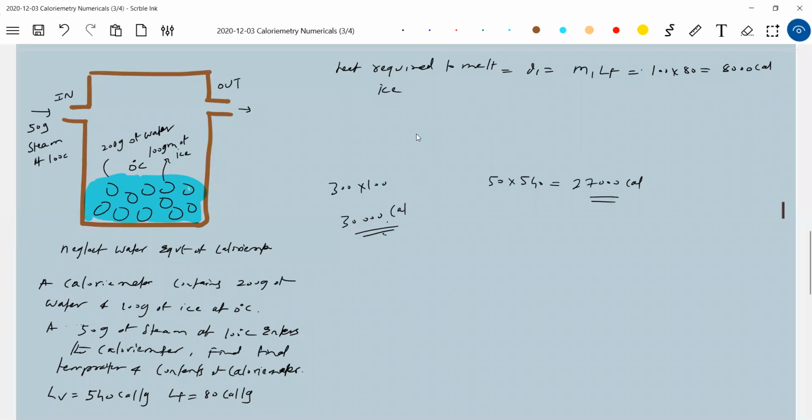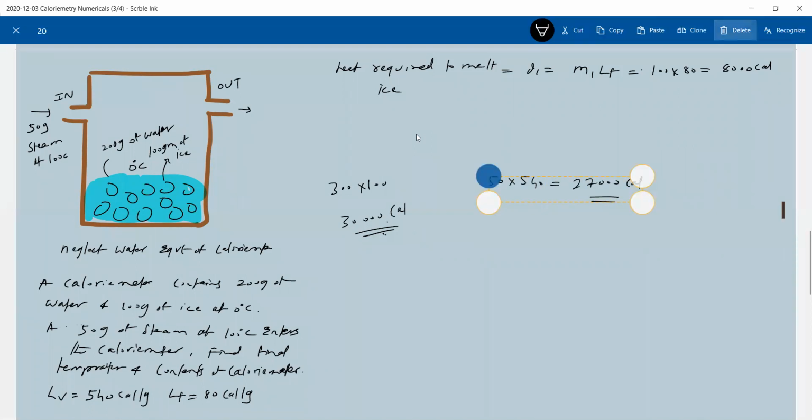I think we have to take a decision here. So how do I come to know? That is what you have to verify here. Total energy needed for the temperature of the calorimeter to rise from 0 to 100 degrees Celsius means you need 38,000. Who can provide that? Steam. But if all steam condenses, 27,000 calories. So therefore, what will happen now? The whole steam will condense and the temperature of the calorimeter will not be 100, it will be somewhere at a temperature T. So this is what I have to verify. So cross verification you have to do here. If you don't do that, it's not possible.